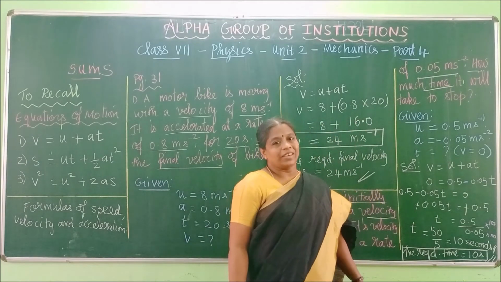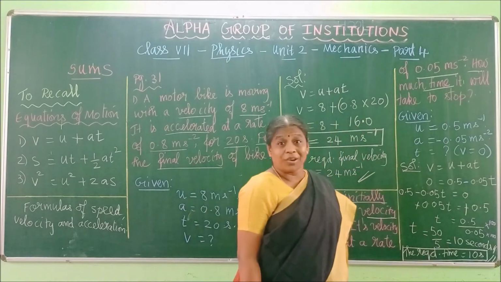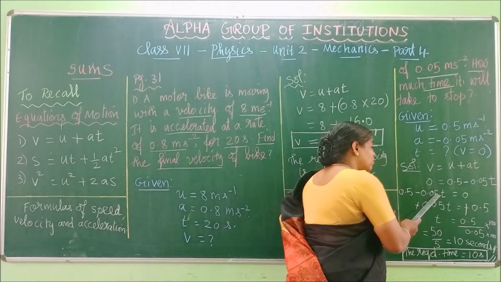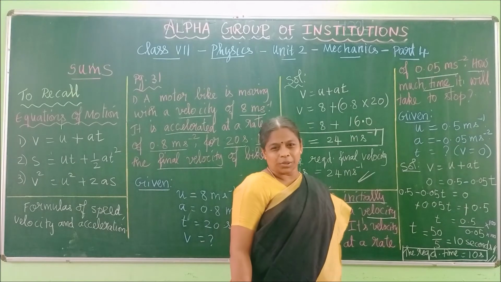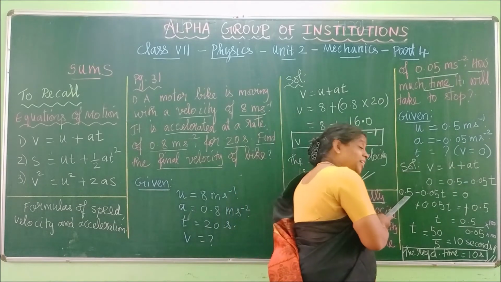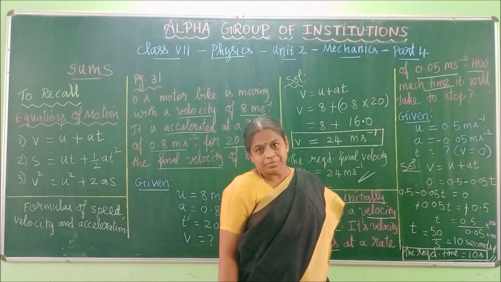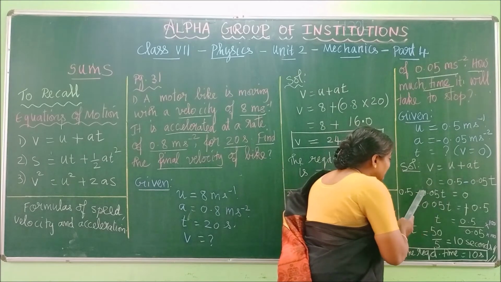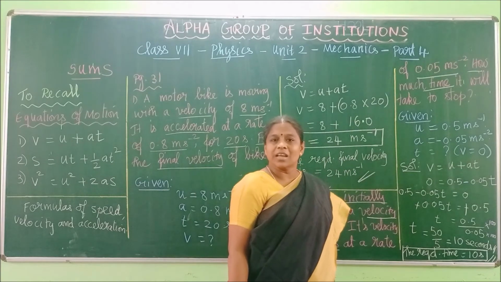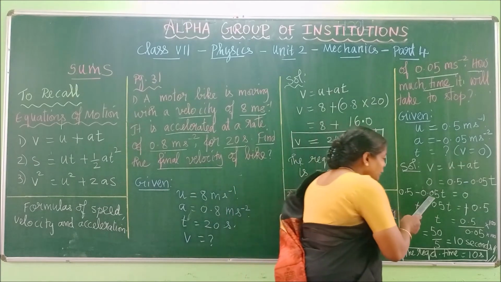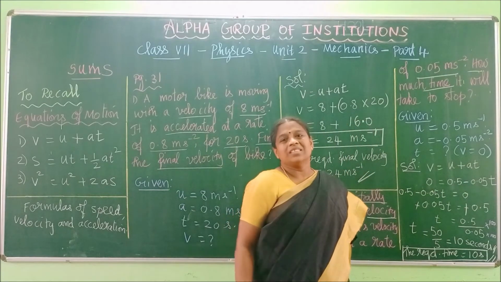Here few students will get a doubt. For them I need to answer now. Here 0.5 goes there as minus 0.5. Why is this 0.05 going down for division? Some of you will surely have this doubt. Here this is addition. Addition goes over there as subtraction. Here it is in multiplication, 0.05 into t. No symbol means it is understood as multiplication. So that multiplication, on going that side, will go as division. This is your basic process.